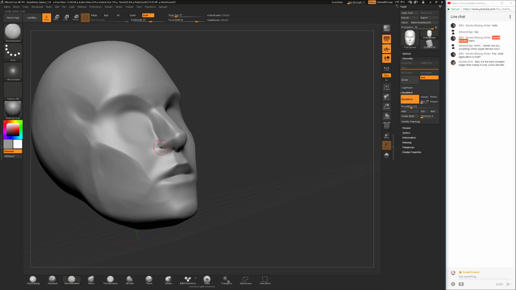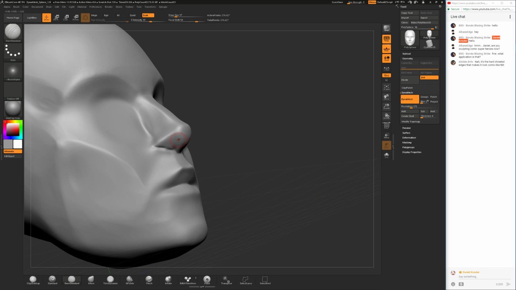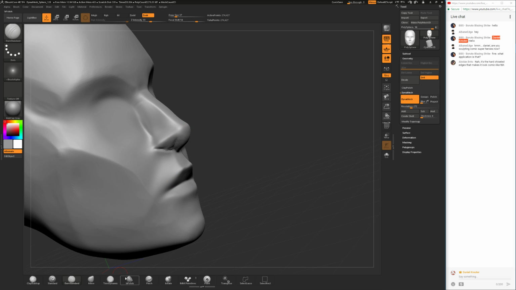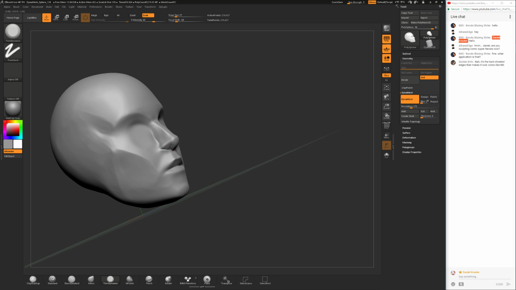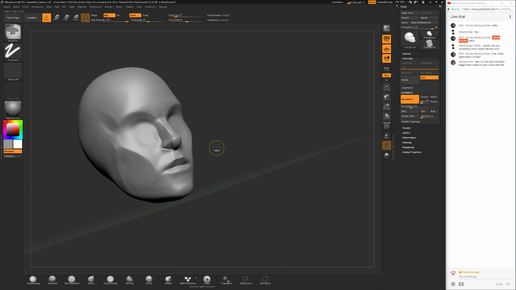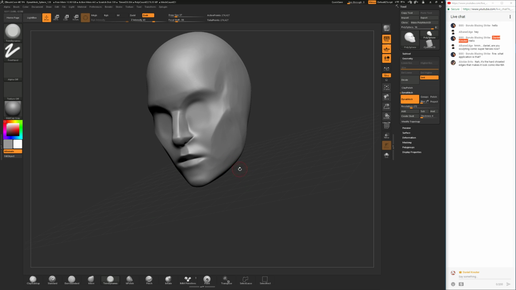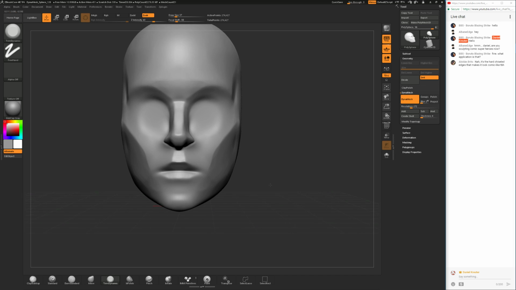There's polygon modeling, which is what Blender does very well, where you just drag around the points and you connect faces. And there is sculpting, and one very nice tool for sculpting is ZBrush, which is what I'm using here. And you're kind of playing around with virtual clay, and you can add lots of detail if you're skilled at it. That's kind of the advantage over the polygon modeling technique.